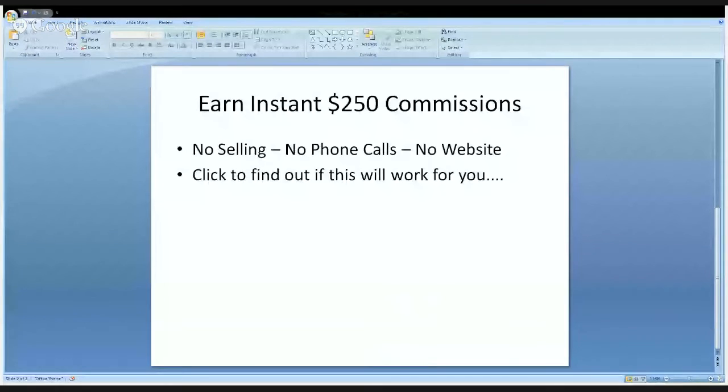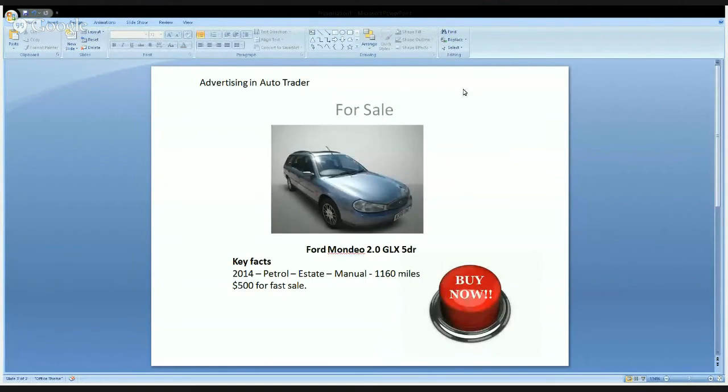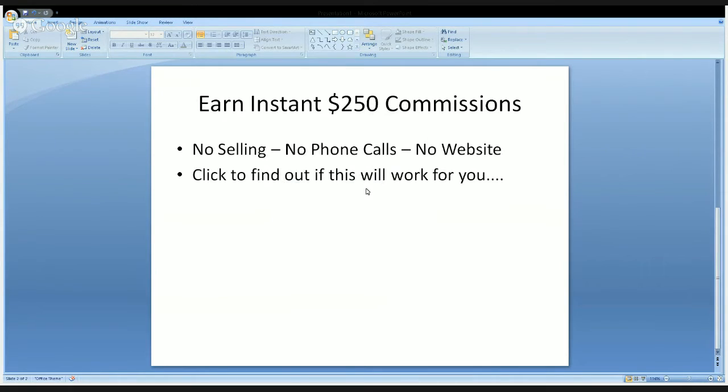So just to recap on this, this was the ad that we had, and initially we were advertising in the Anglers Special or something. We decided that wasn't the right place to advertise. You've got to look where people are looking to buy. You don't want a buy now button on the ad because people aren't going to buy from your ad. They want more information. So you just give them enough to get them to click on the more information, and then you start leading them along the chain in the same way that this would start leading them along the chain if you had a more information here.